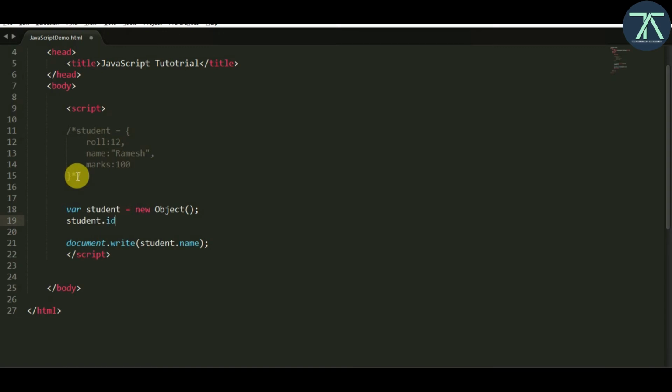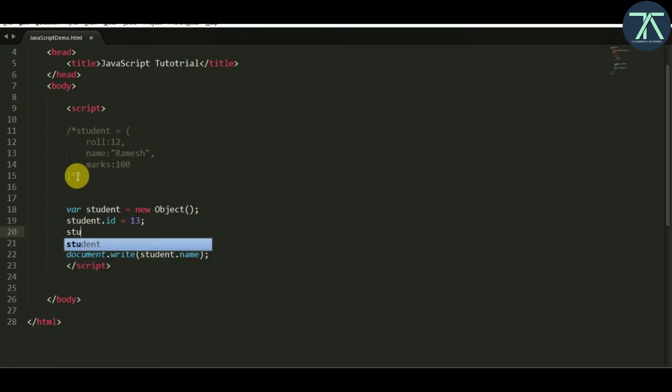This way we can set some id like 13. I give 13. So this way we can access some property of an object, and you can add some value into it. At the beginning there is no property of the student object, so I create a property that is id and assign some value to it.